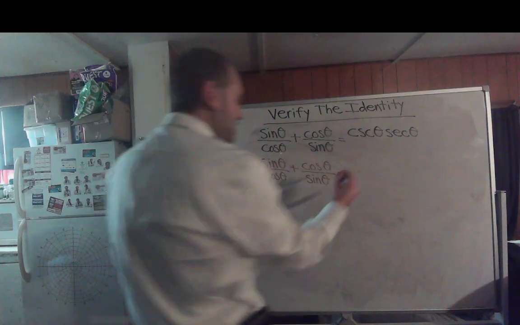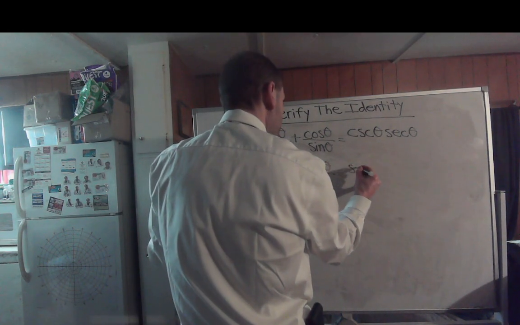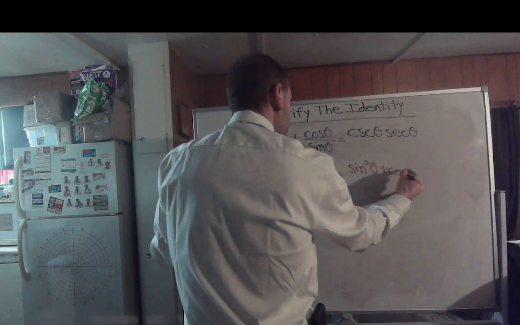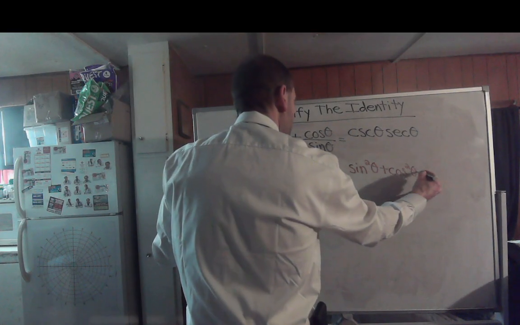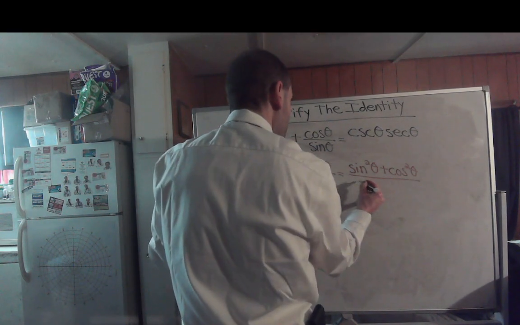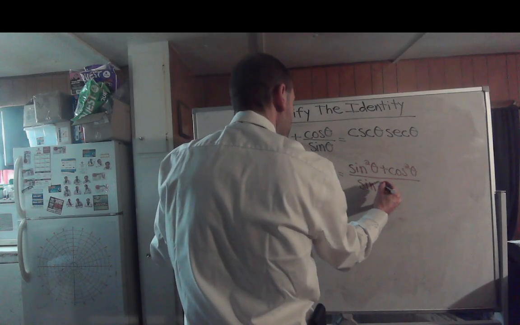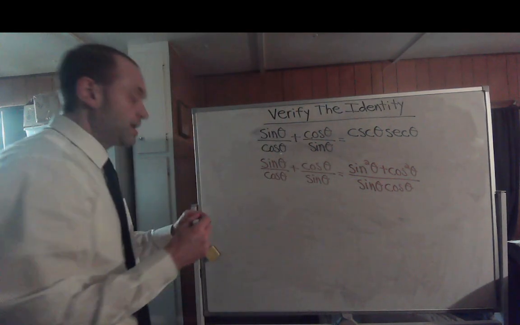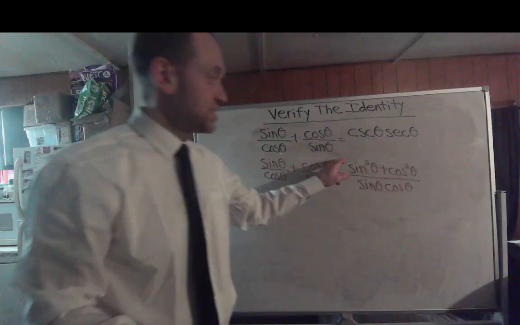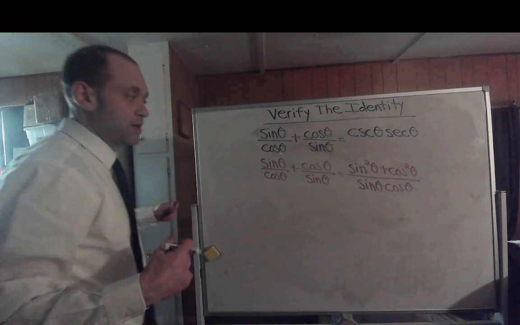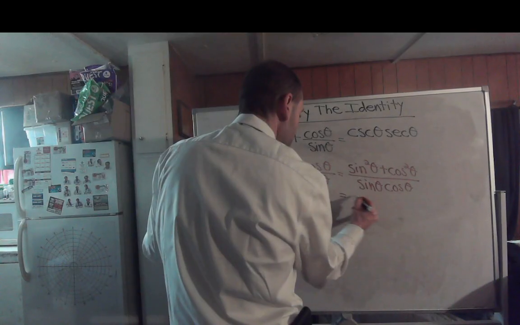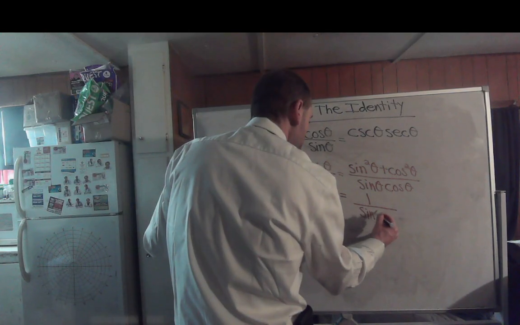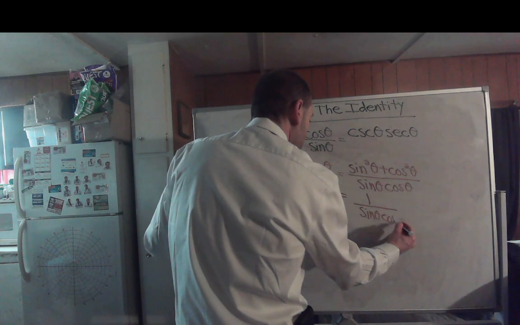So what you should end up getting is the sine squared of theta plus the cosine squared of theta all over the sine of theta, cosine of theta. Now you have the same denominator. Well, what is sine squared plus cosine squared? That's just 1, right? So this would turn into 1 over the sine of theta times the cosine of theta,